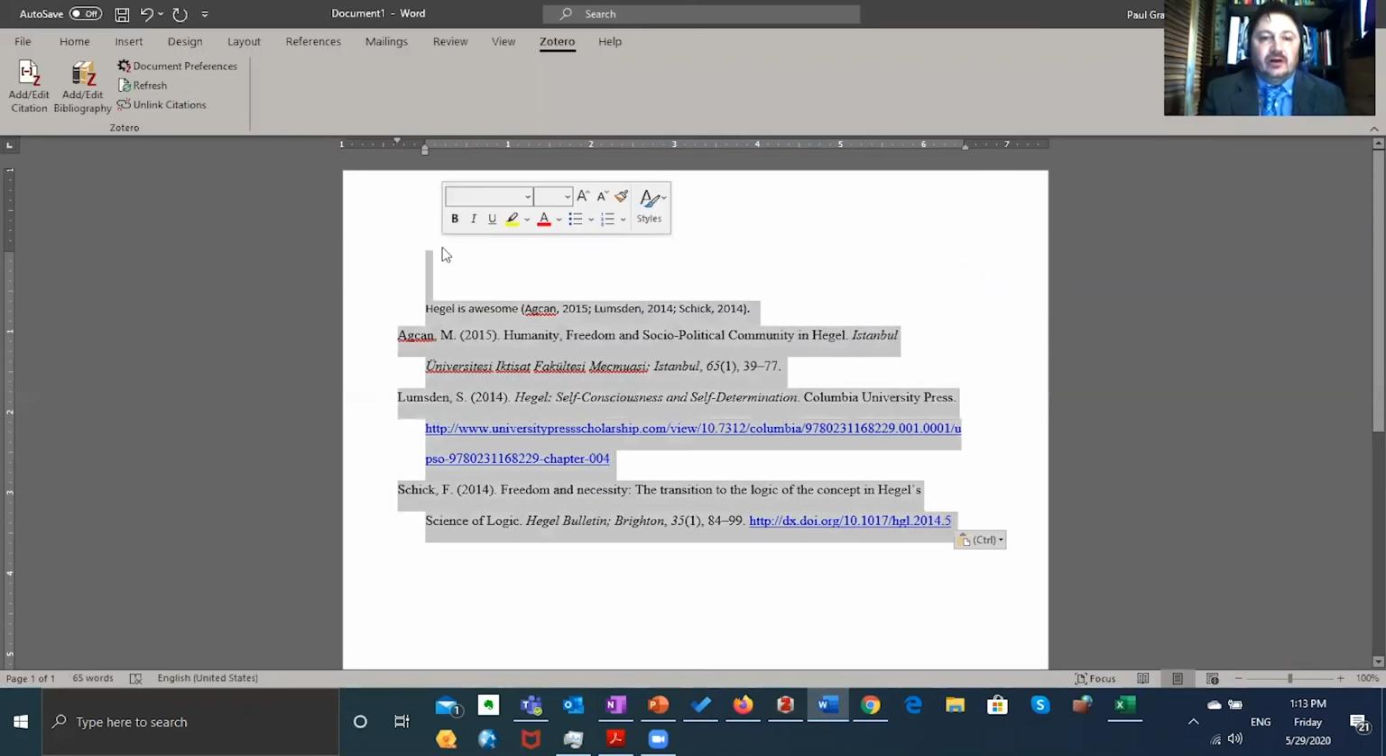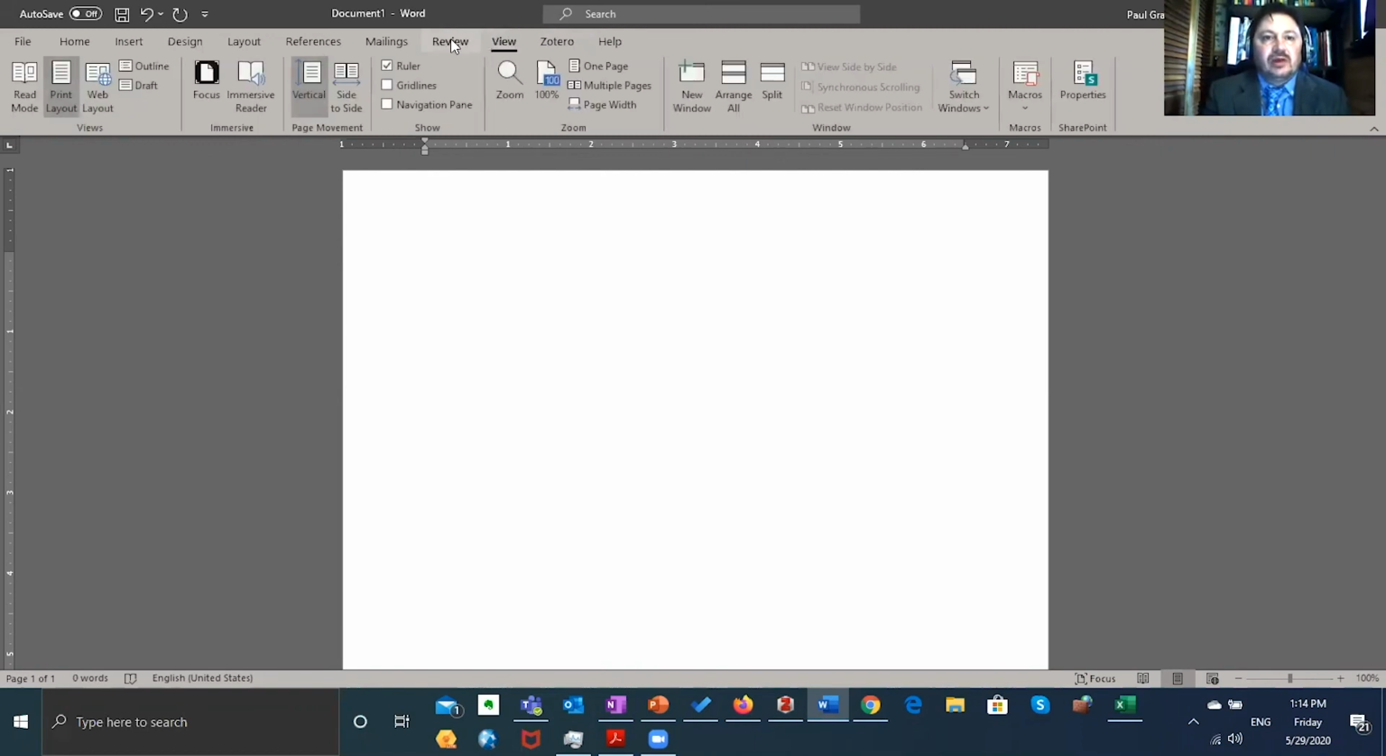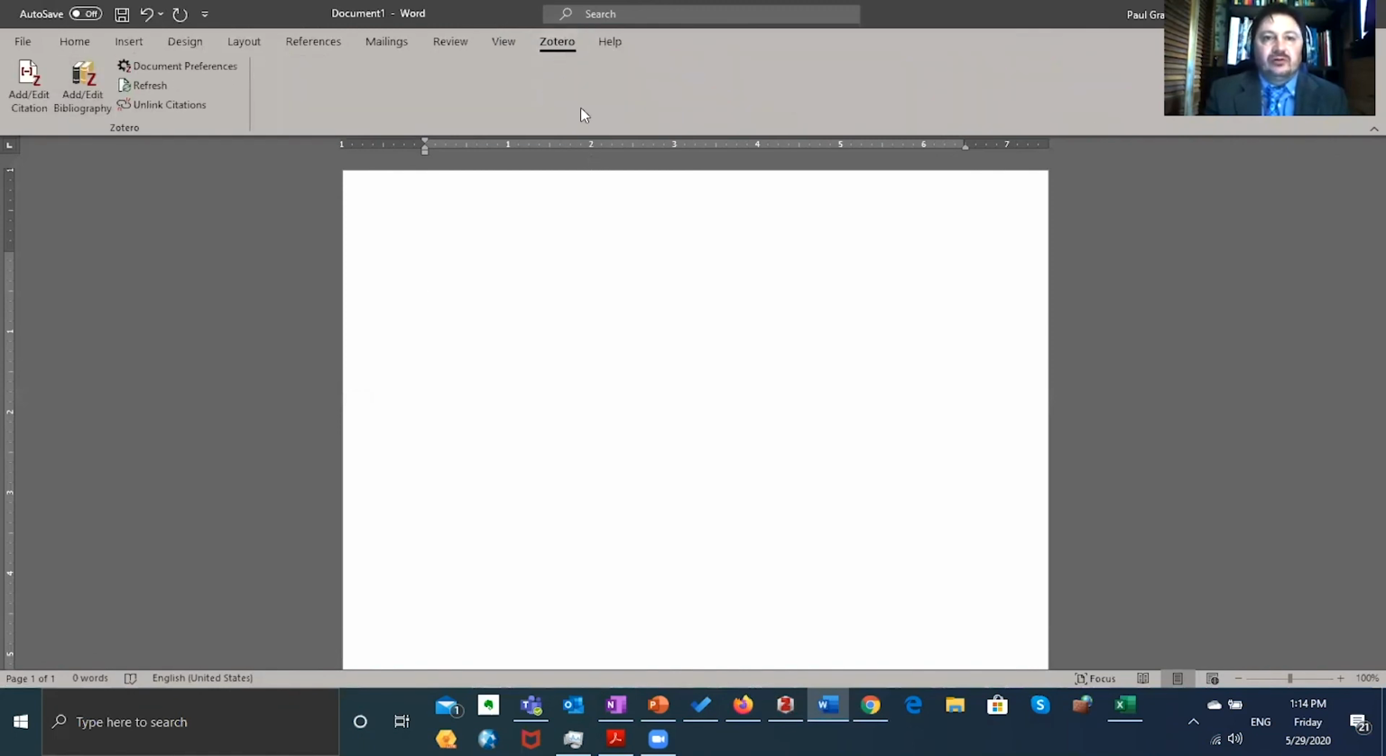So let's delete all this. And when you download Zotero in the connector, it automatically adds this awesome Zotero add-in into your menu right here. If it doesn't appear there, don't worry, you can ask for help. There are ways to resolve getting it into your word processor. But it's really cool because you're writing your paper. Hegel is super awesome